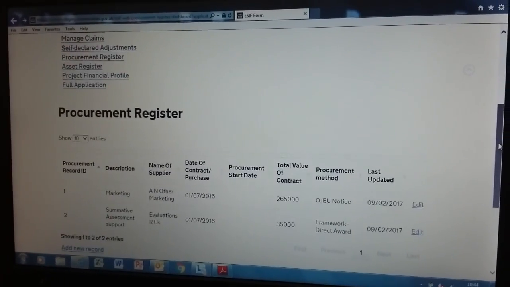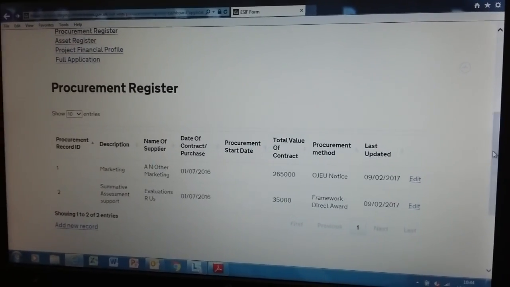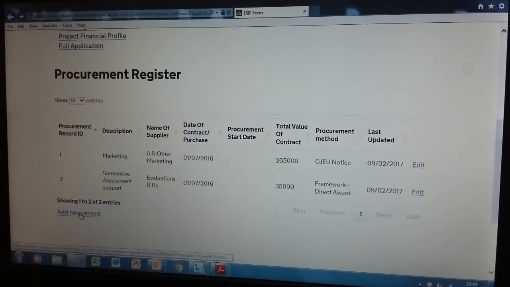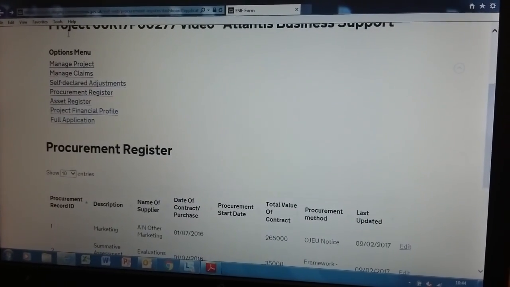Okay, so we've had a look at our procurements. For now, we're not going to add a record. If you were going to, it's as simple as clicking there. Now, I'm going to come back out of here,